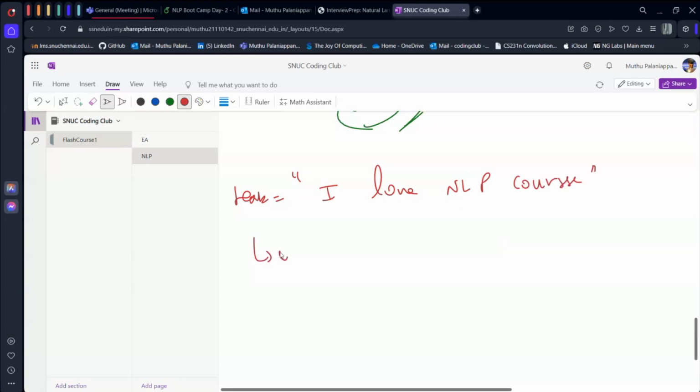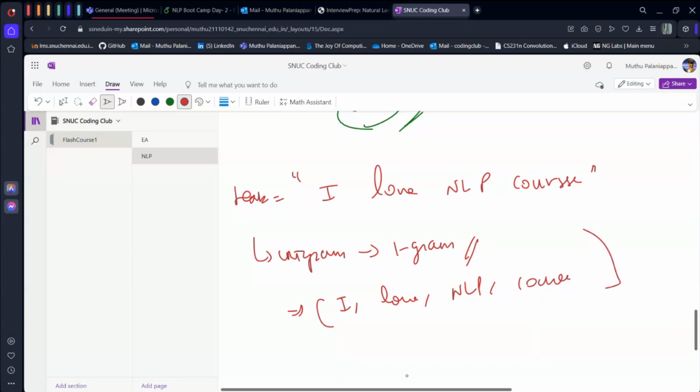Unigram you also call 1-gram. In the unigram, what you're trying to do is break each and every single word apart. For example, this is going to be "I," "love," "NLP," "course." And after dividing into these individual tokens or individual grams, you will calculate the feature representation. That is what you're going to do in the case of unigram